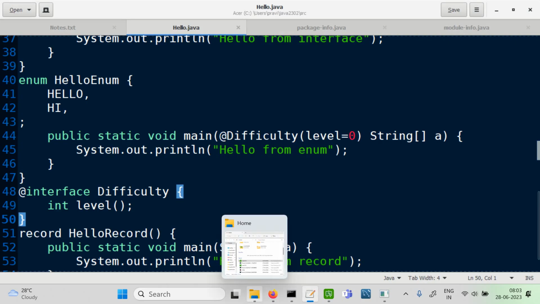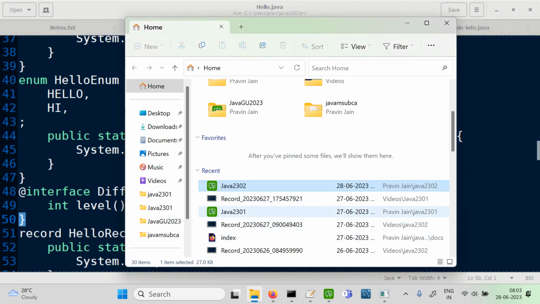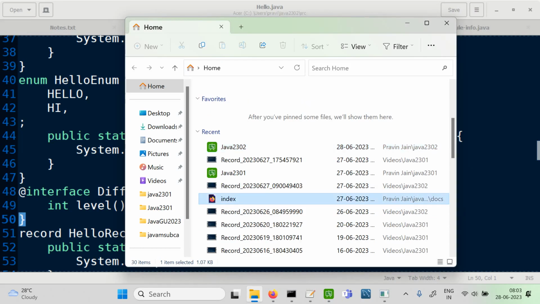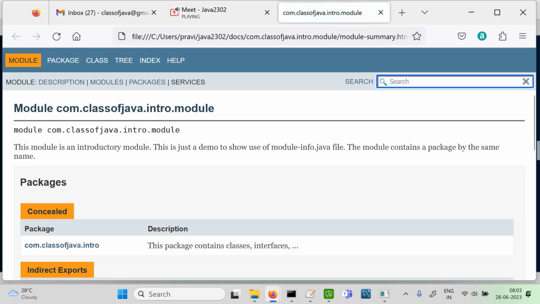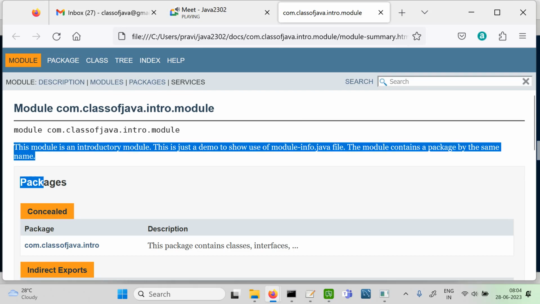Okay, so what we do is we go to this. This is the same thing which we had seen yesterday. Okay, so here it says, yes, we have a module com.classofjava.intro.module. Okay, this module, right? So this has been picked up from the documentation comment. It's giving the description, which is this. This description has come from the documentation comment which we have kept in the